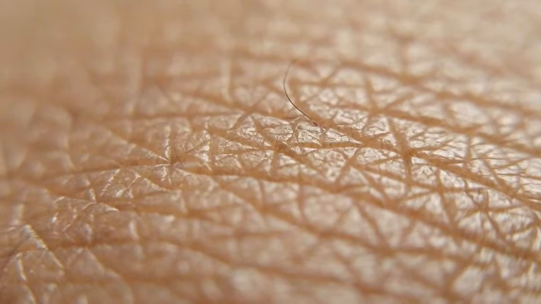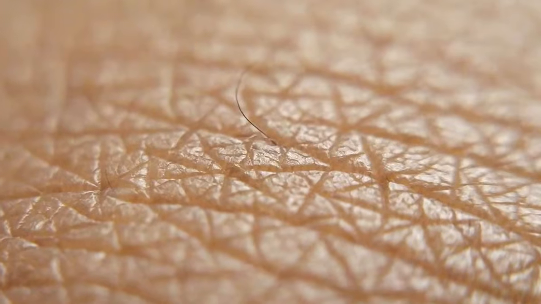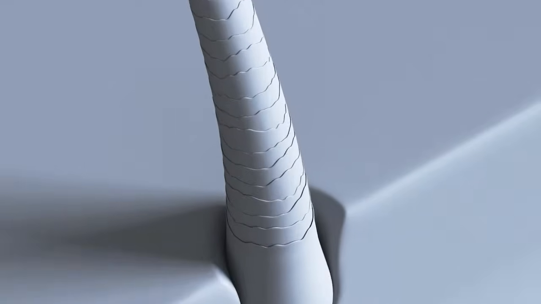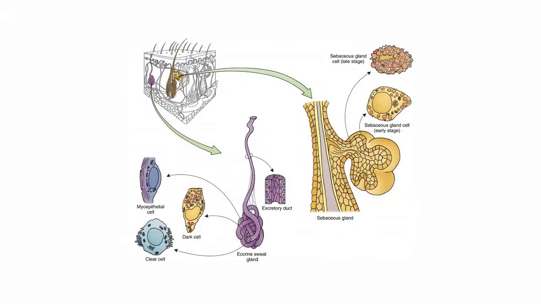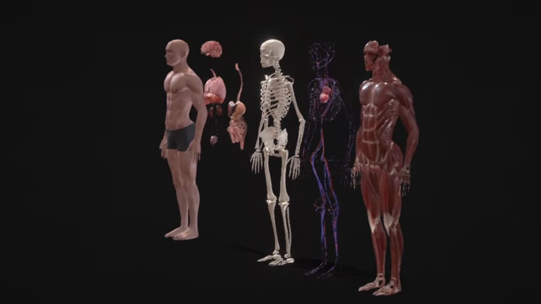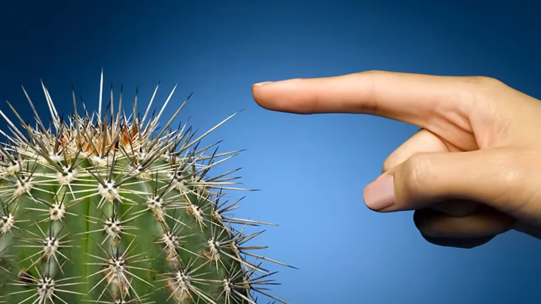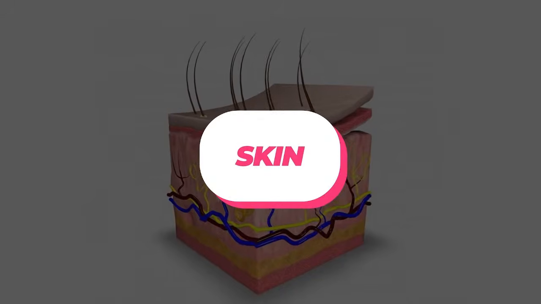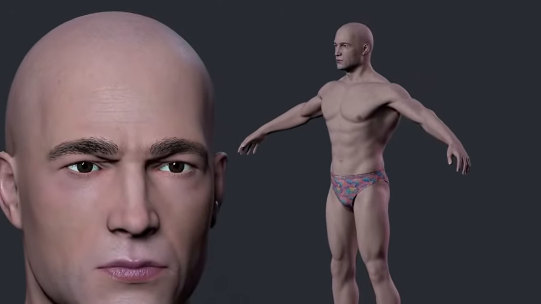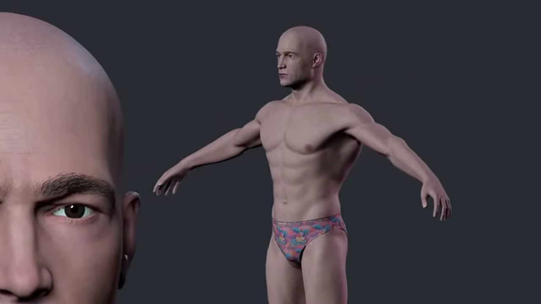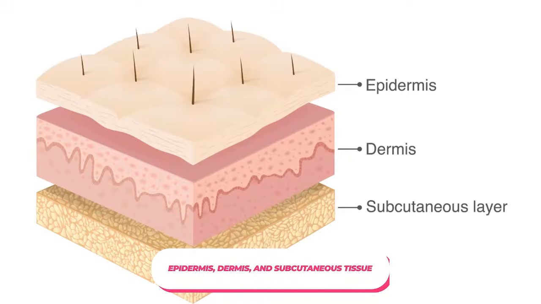The integumentary system is the body's largest organ and is made up of the skin, hair, nails, and glands. It plays a vital role in protecting the body from the outside environment, regulating temperature, and sensing touch, pressure, and pain. Skin. The skin is the body's largest organ and is made up of 3 layers: the epidermis, dermis, and